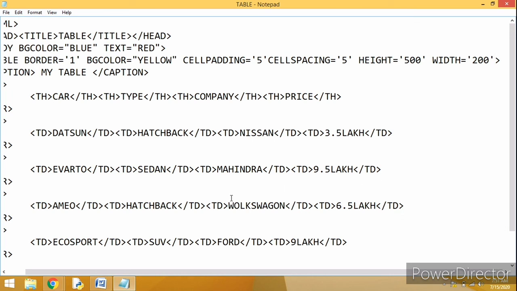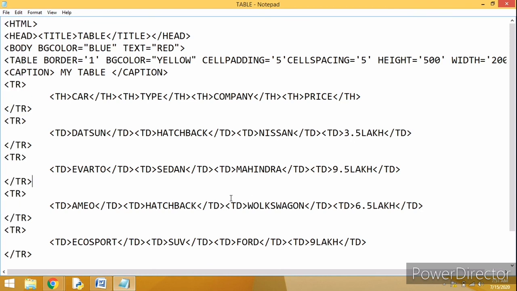And now again, in the table tag, what we require are three things. One is the table heading for the table, other is table data, and to get the table heading or table data, we need a tag for creating the row of a table.